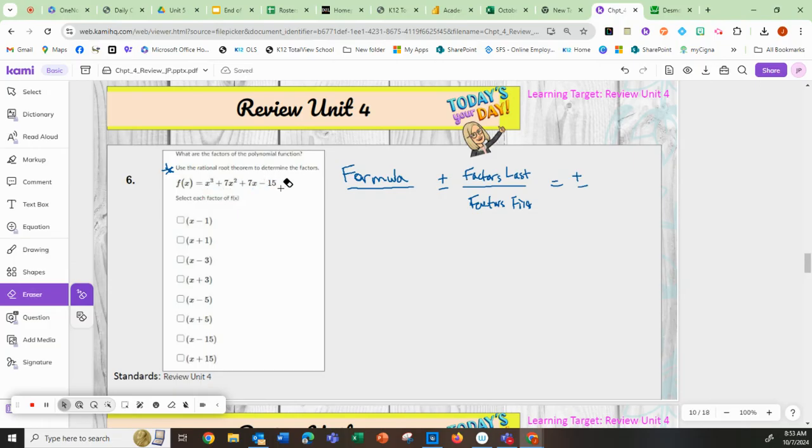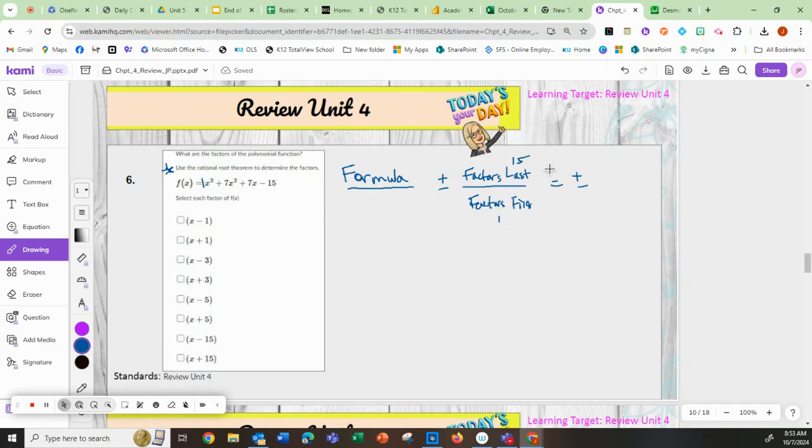Negative 15 is my last term. It really doesn't matter whether that's negative or positive, so I'm just going to use 15. The first term is 1. So I've got factors of 15, that's going to be 1, 3, 5, and 15,